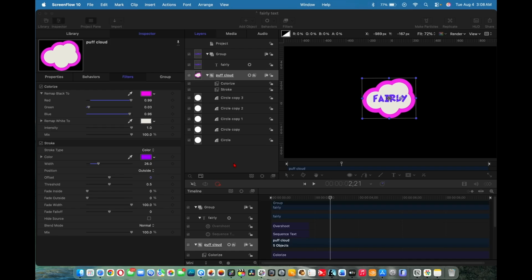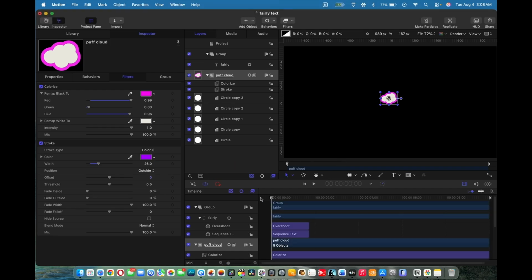In this video, I'm going to show you how to create this Fairlight effect. There's many ways of doing it. This is just one way. Alright guys, so in this video, in Apple Motion, I'm going to show you how to create a Fairlight appearance,